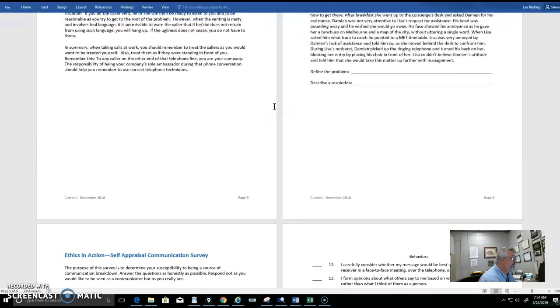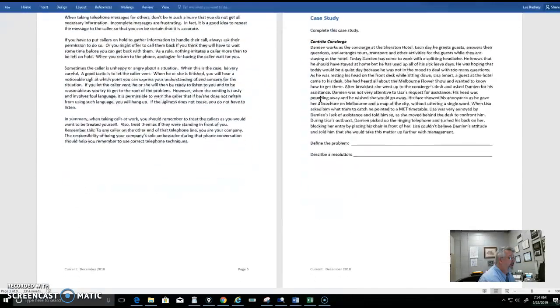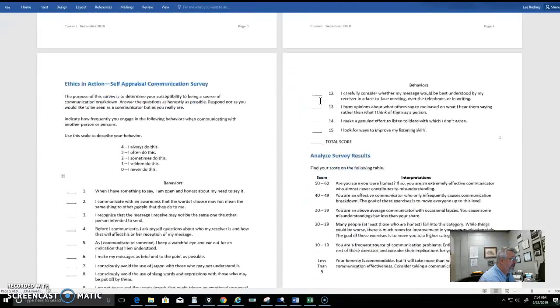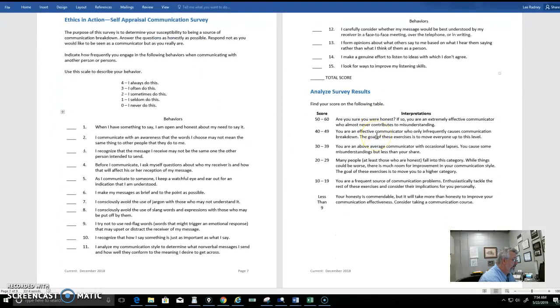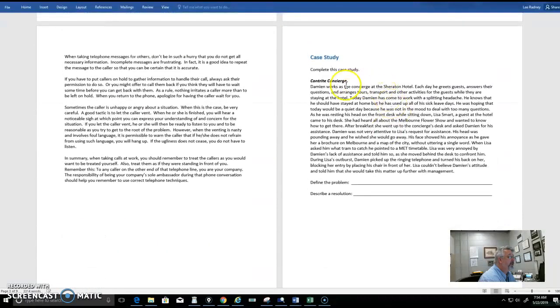But notice here there is a case study, and all it has is define the problem and give the solution. Notice there's this other stuff. This is for your benefit. You do not have to submit this to me. But if I were doing this, there are 2 ways. I could just save this document